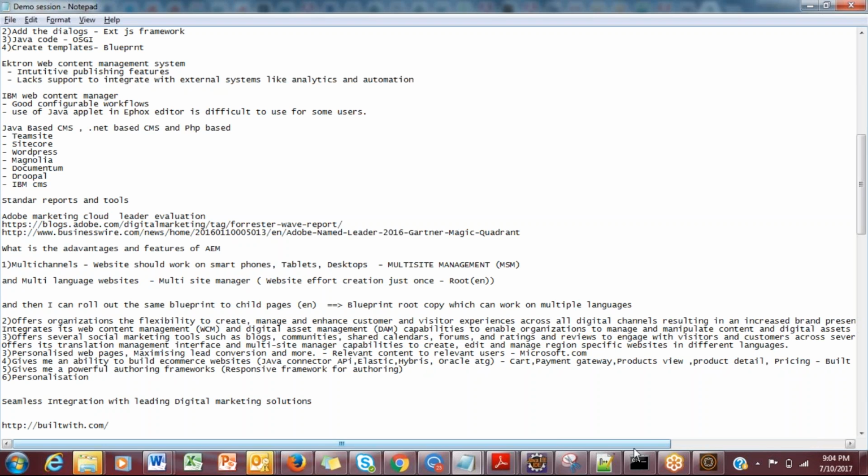Next, what is the next advantage of AEM, right? So what do I mean by personalization in general, anybody? Certain rules defined as per that business. Based on that, we will show that content. Right, to the user. Yeah, showing relevant content, right, based on the users.